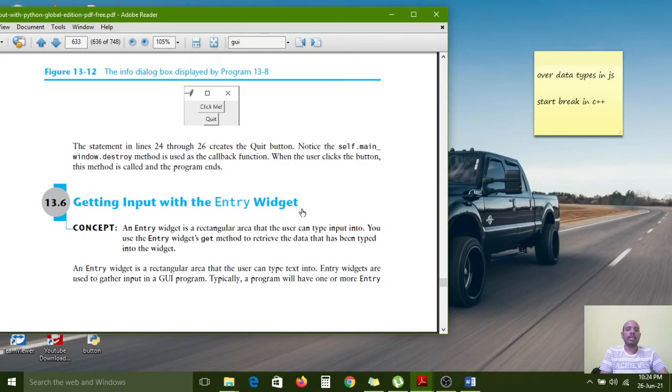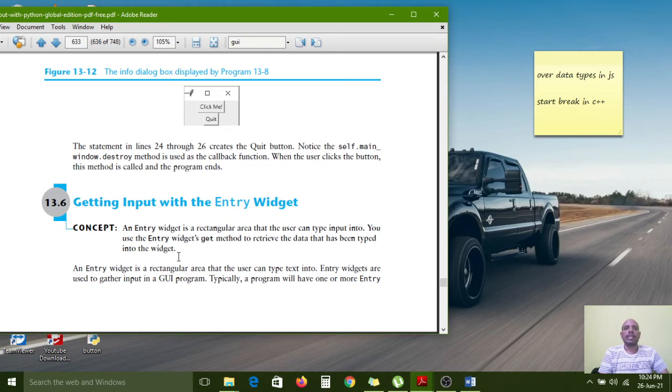Getting input with the entry widget. An entry widget is a rectangular area that the user can type input into. You use the entry widget's get method to receive the data that has been typed into the widget. If you use the entry method, it will generate one text box in the window.